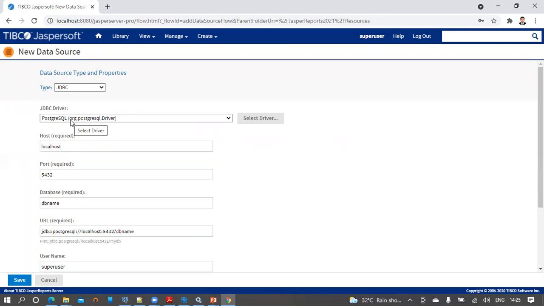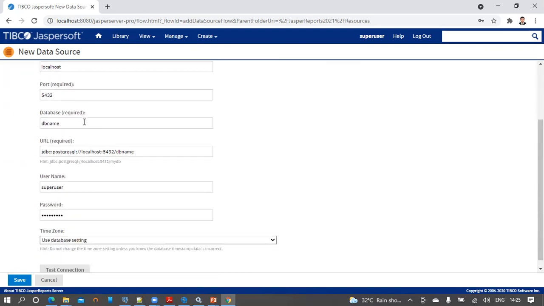The example report that we are going to publish will run on a PostgreSQL server on the Foodmart database. So let us go with the default PostgreSQL driver with the default host. The server is running on 5432 and the database connection here is Foodmart. The credentials for this database are postgres and postgres.